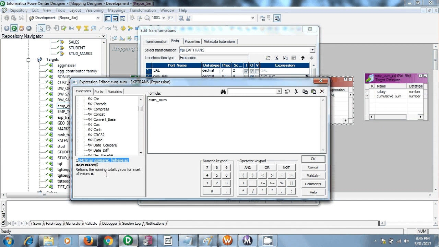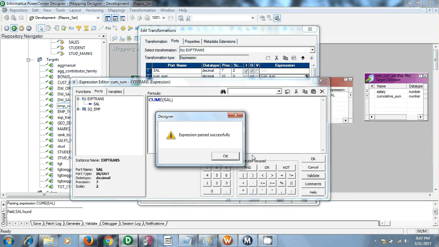I am going to calculate the cumulative sum of salary, so I double click here, pass the port salary and validate it. Expression passed successfully. Apply.